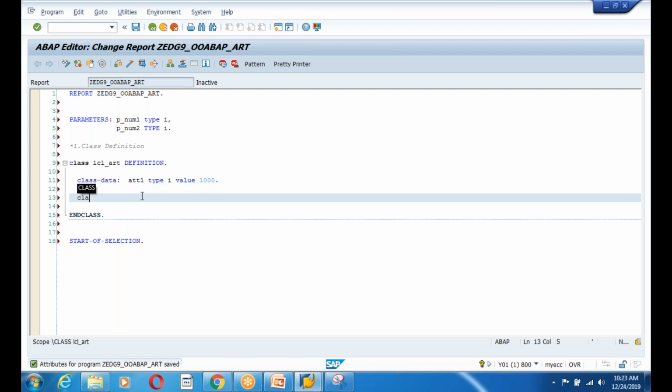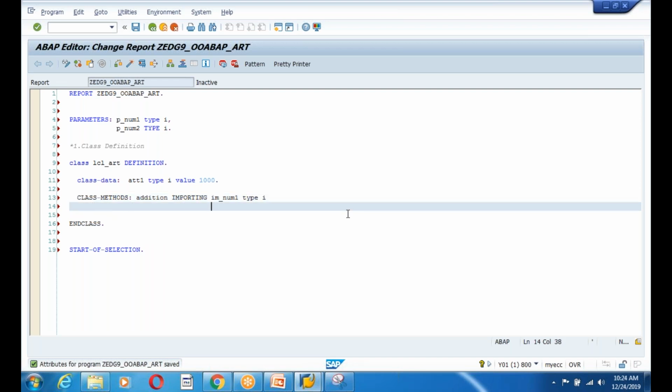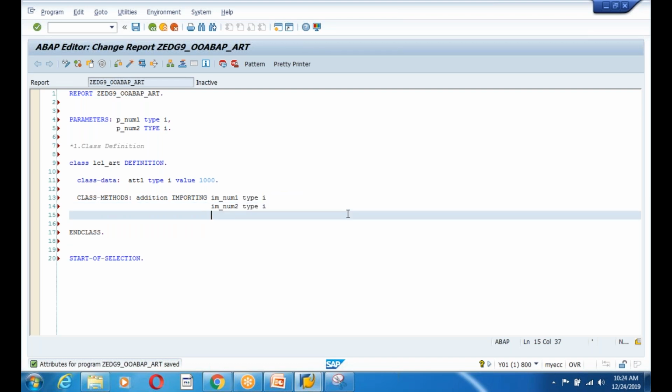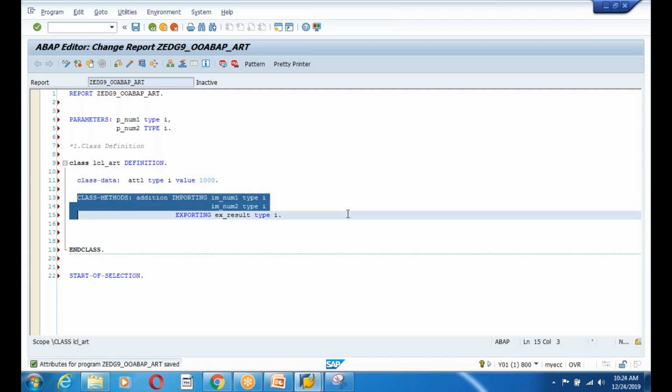Next, my methods are class methods, and my method one is addition. I have an importing parameter im_num1, which is of type integer, and I have one more parameter im_num2, which is of type integer, and also I have a result parameter. My result is exporting, which is ex_result, and which is also of type integer, guys. This is my one method, and another method is